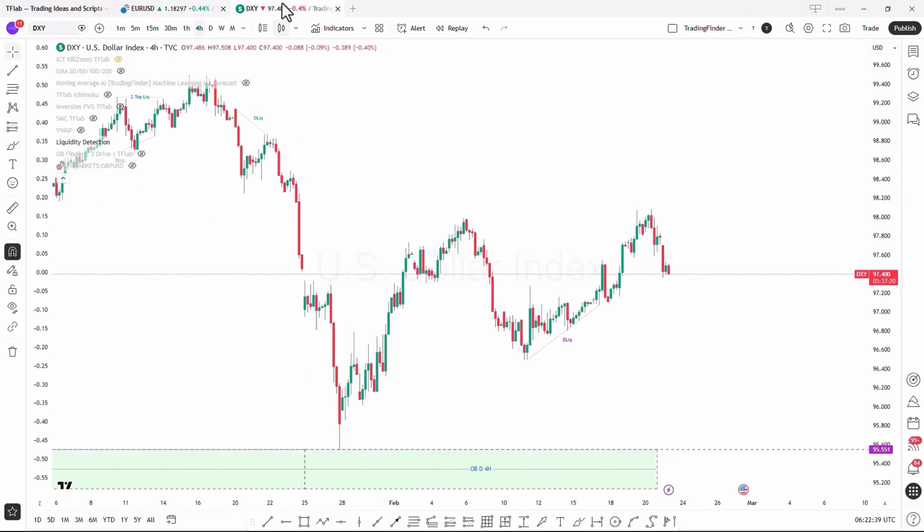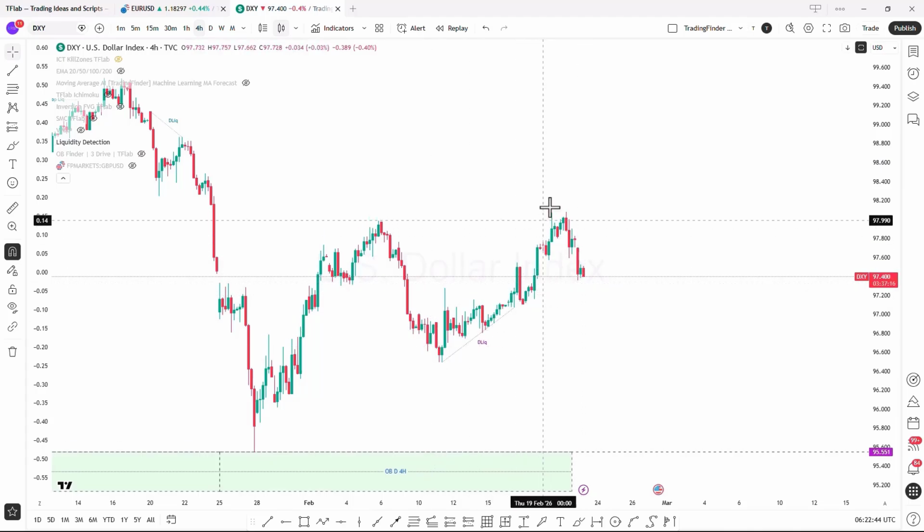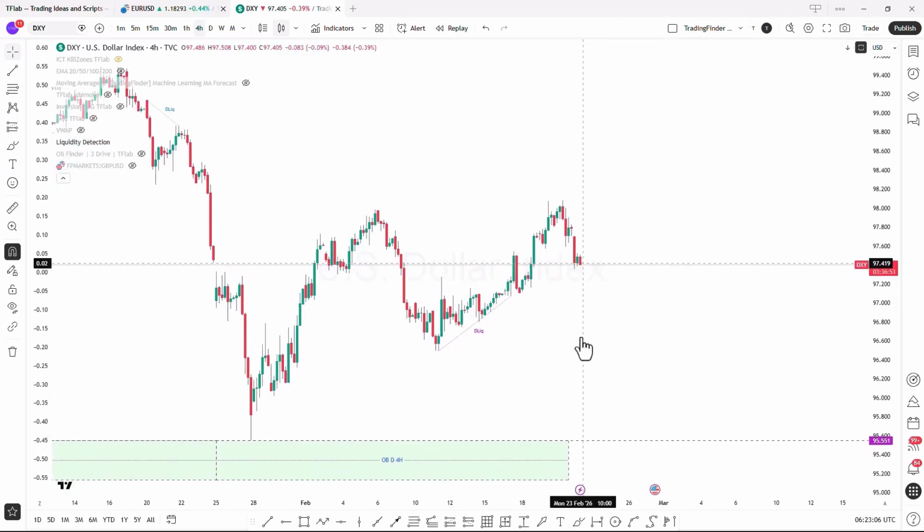If buying pressure in the market increases, if the dollar strengthens, the price could move upward to collect the buy-side liquidity. However, by analyzing the DXY index, we can see that after a bullish move, the index has entered a bearish phase, and it is expected that within a certain range, the price could move toward the order block at the 97.232 level, or if selling pressure increases, it could continue down to the 96.672 range. Bearish. It could continue its downward trend.